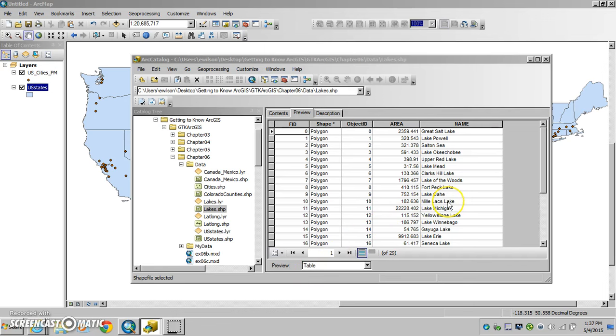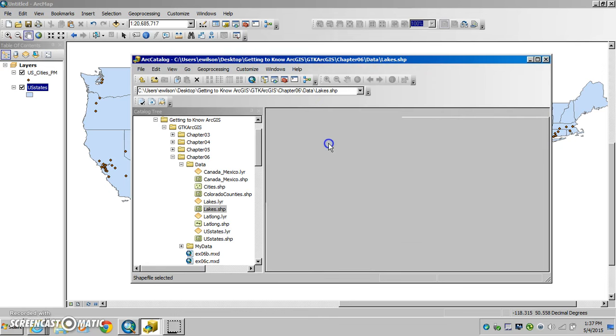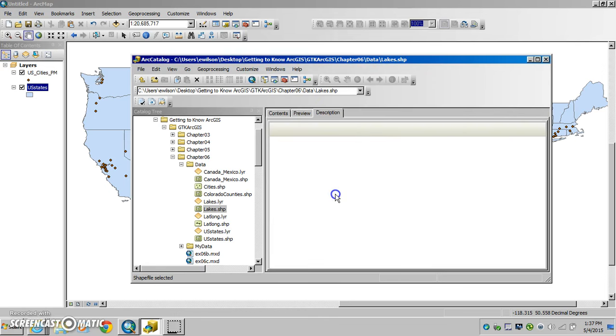Let's say, for example, that you wanted to know what state the lake was in. Well, this has some information. It has the area and it has the name, but it does not tell you what state it's in. So then you could look at the information before you added it to your project. The last tab up here is what's referred to as the Description tab. The Description tab gives you information about